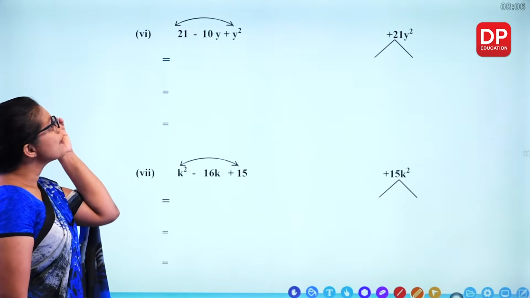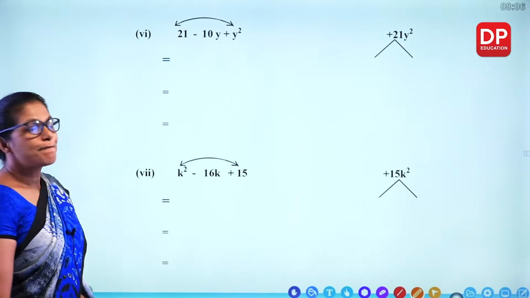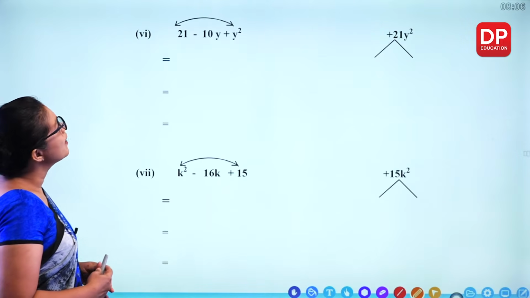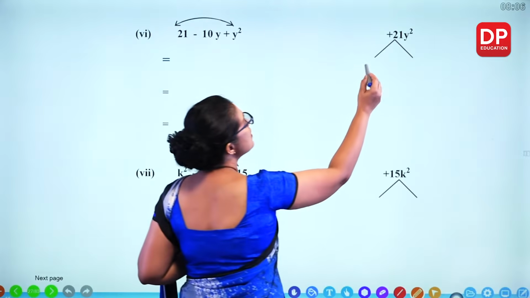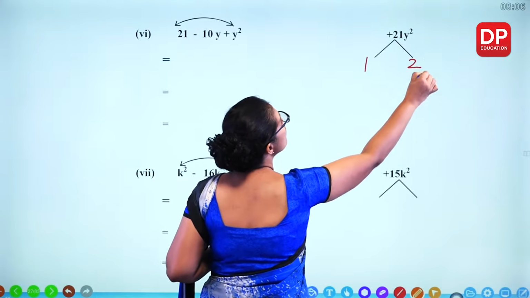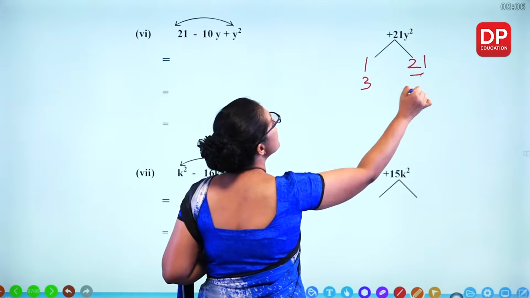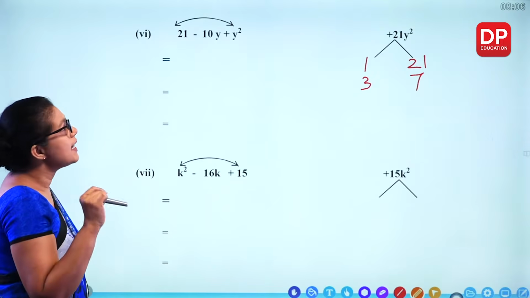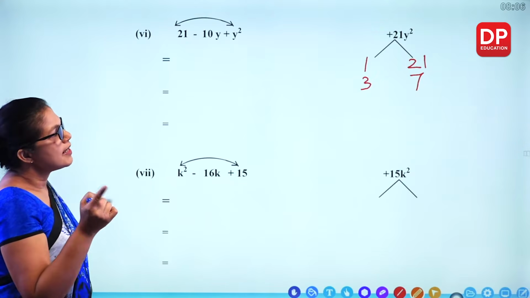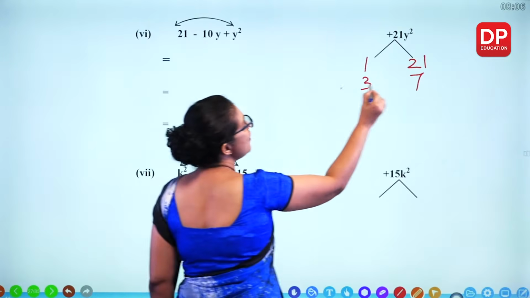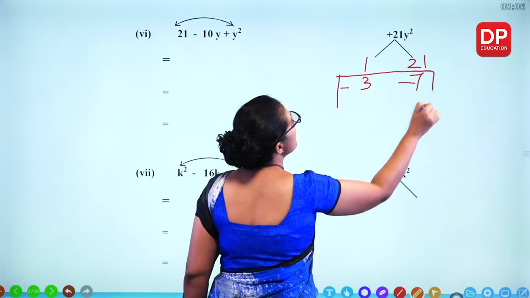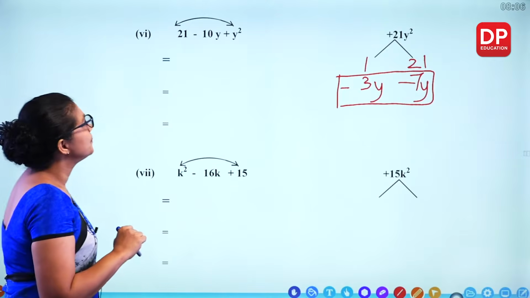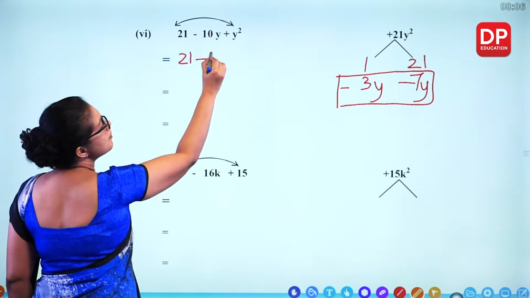Some more questions? Try. 21 y squared. What are the factors of 21? 1 with 21, 3 with 7, and the middle term is minus 10. We can't take 1 and 21, so definitely we know these two are both negative, and we can write y's as well. Split the middle term